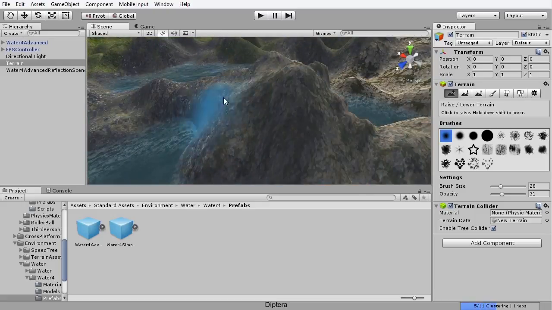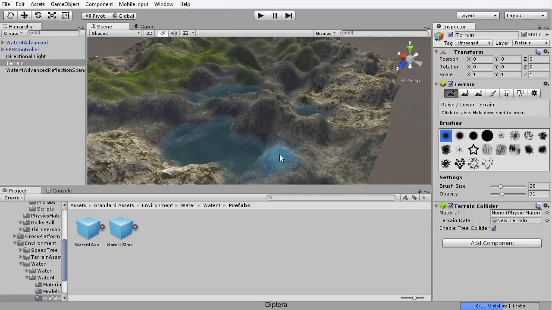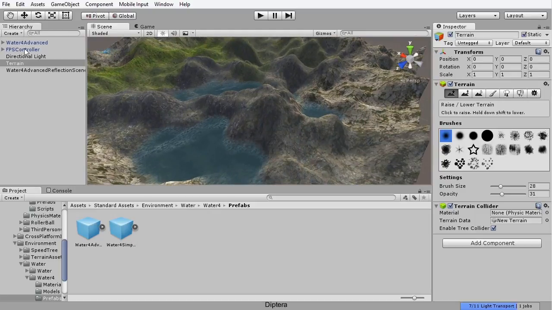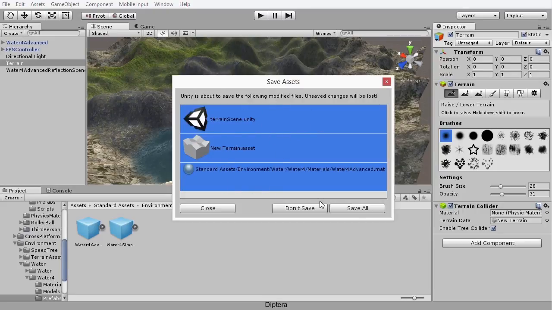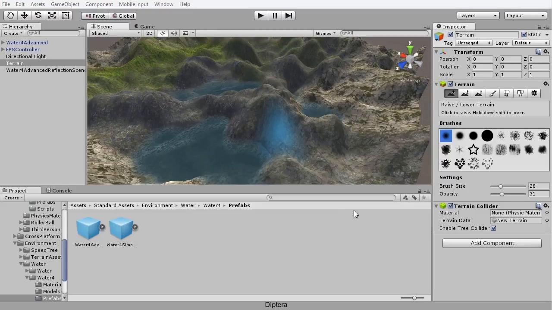Now that I have changed the terrain, it is important to save the terrain asset. If you've made changes to the terrain and you don't save the terrain asset, then the first person controller will determine its collisions wrongly. It will end up being able to walk through parts of the terrain that you have changed. So press Ctrl S on the keyboard to get this dialog, and just choose Save All. That will save the collision data in the terrain asset since we have changed it. I'm now going to select the play button on the toolbar,